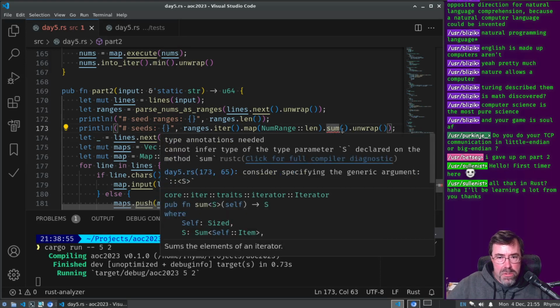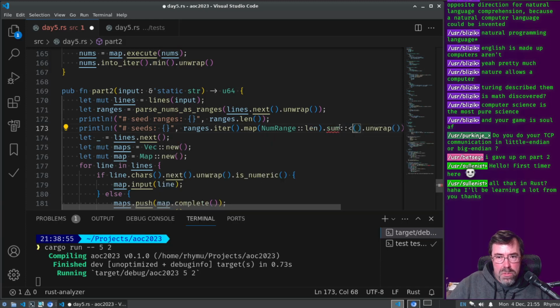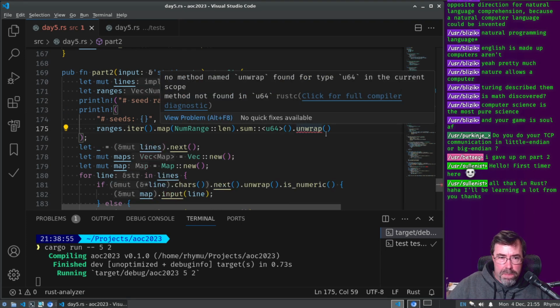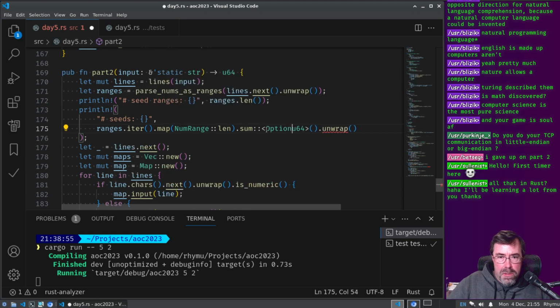Why does it not like me to do a sum of that? Oh, because it doesn't know the actual... actually it should know the type. Okay, so it can't sum as U64s? Is it that I have an unwrap and I don't need the unwrap?